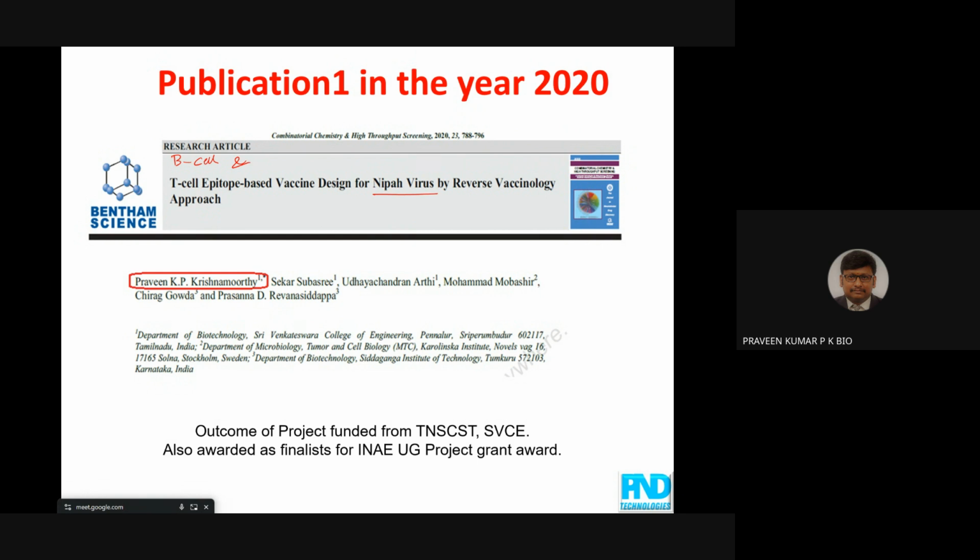Some viruses are RNA viruses, some are DNA viruses, some are single stranded, double stranded, multiple. So we have many types of viruses, and based on the kind of virus, we have to check. But I tried with both. For a publication, I just published the T cell based epitope.